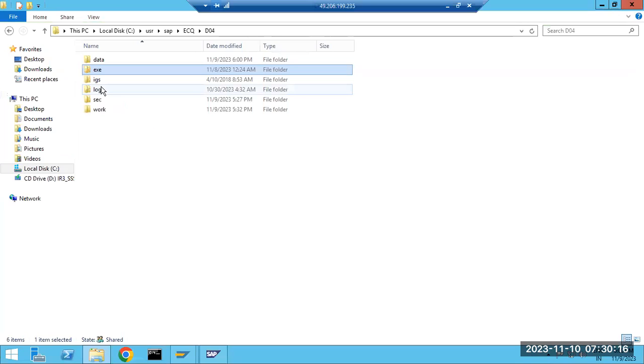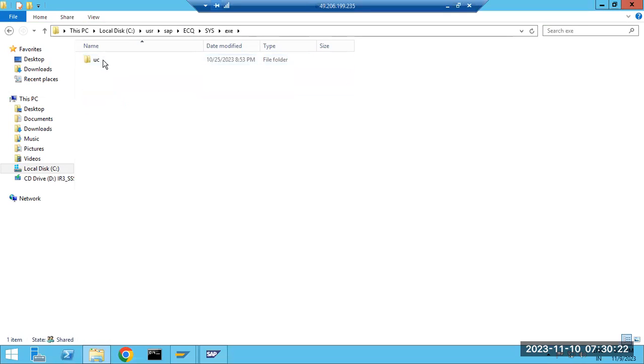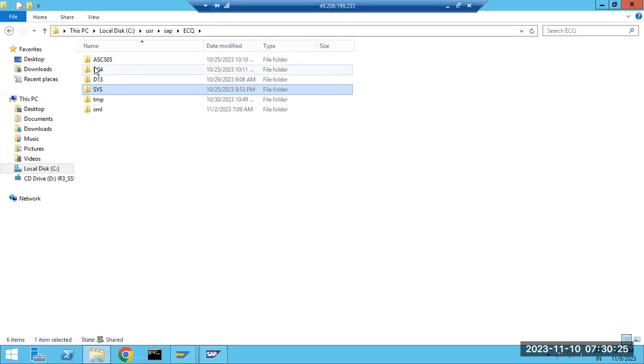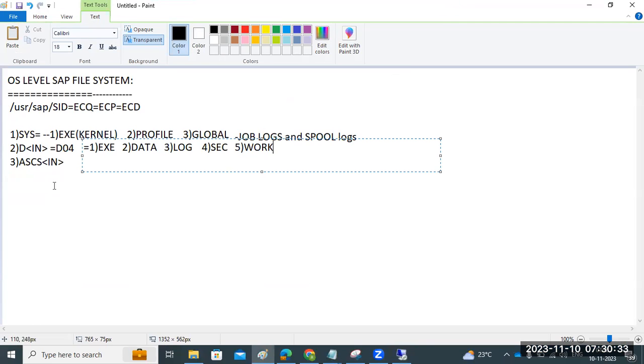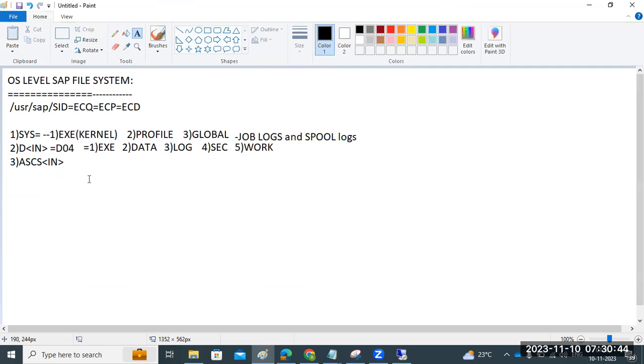So why do we have exe here again, when we already have exe in sys exe? Yes, the sys exe folder and the D instance number exe folder are all the same kernel. The kernel files are available in three locations: sys exe, D instance number exe, and the AS exe.